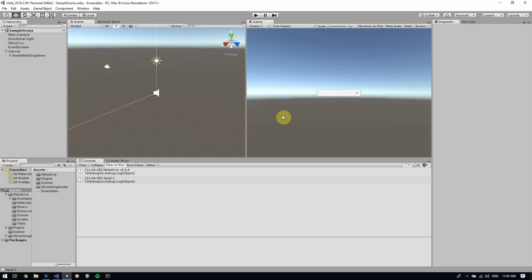Okay, so that's it for this tutorial video. I've shown you how you can use ensembles in Melodrive to make sure that the same virtual band is playing when you enter play mode. I've also shown you how you can retrieve the list of ensembles from Melodrive using the get ensembles method, and shown you that you can set the ensemble in real time just as you did with style or indeed emotion. Next up, I'm going to be showing you how you can save and load entire compositions with what's called a